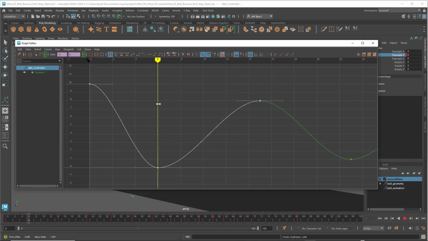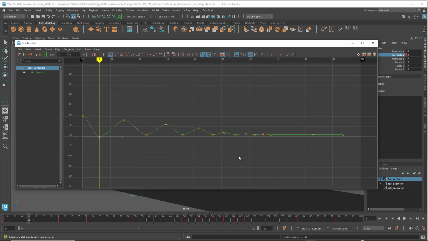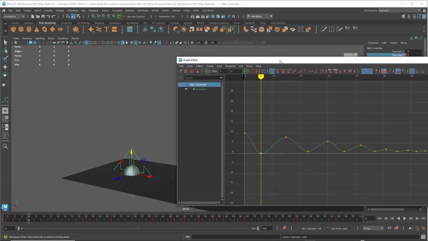What we want to do is, it's like the bouncing ball, just the ball bouncing up and down. We need to have ease in and ease out, so we need to break all the bottom tangents. We need to break all the bottom tangents. Now you can look at your ball,